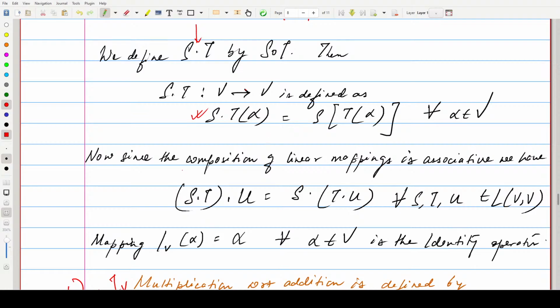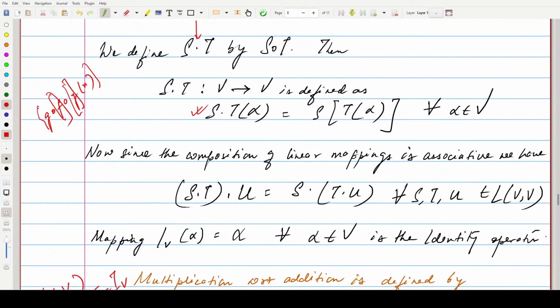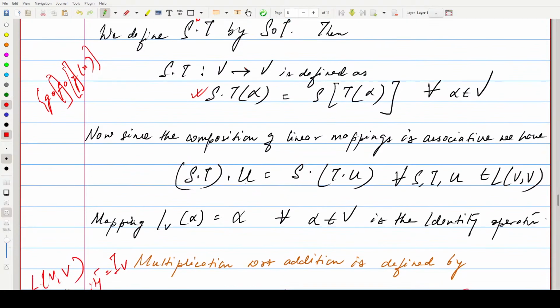Since the composition of linear mappings is associative, we can say that (g∘f)∘x equals g∘(f∘x): we solve these two first, then these two first, which essentially says that this is associative. So we have the mapping I_V, which spits out the same value alpha,